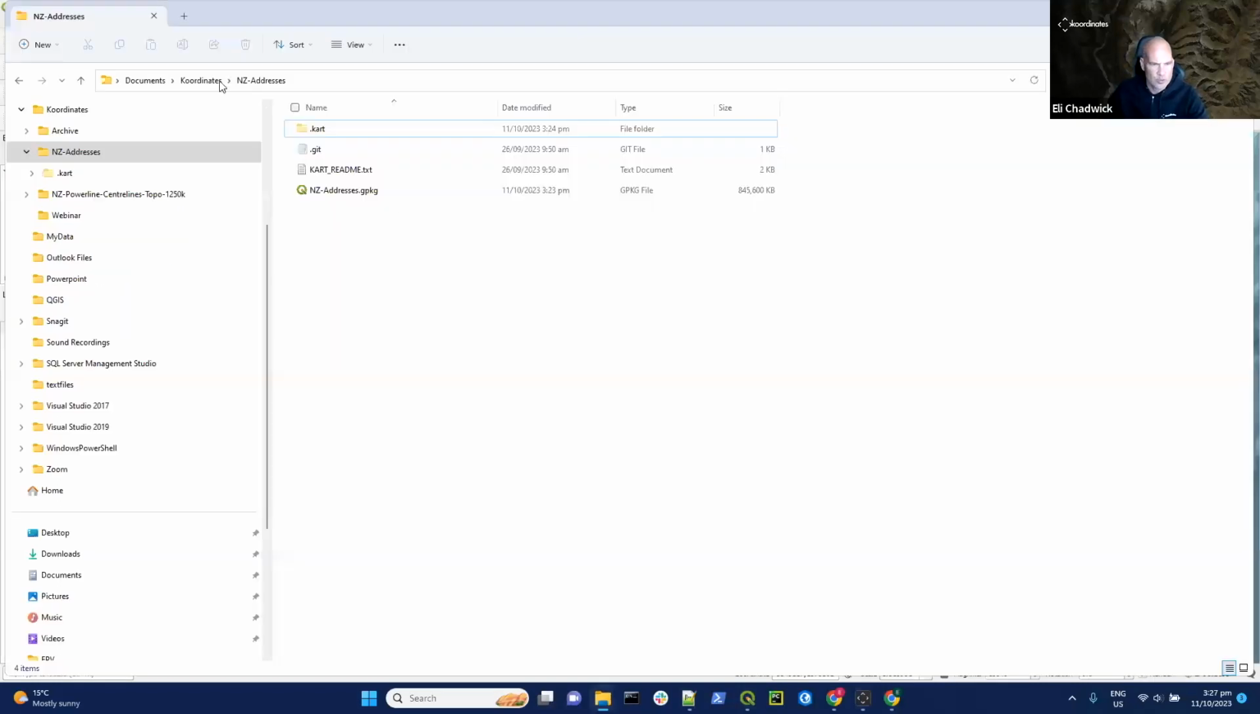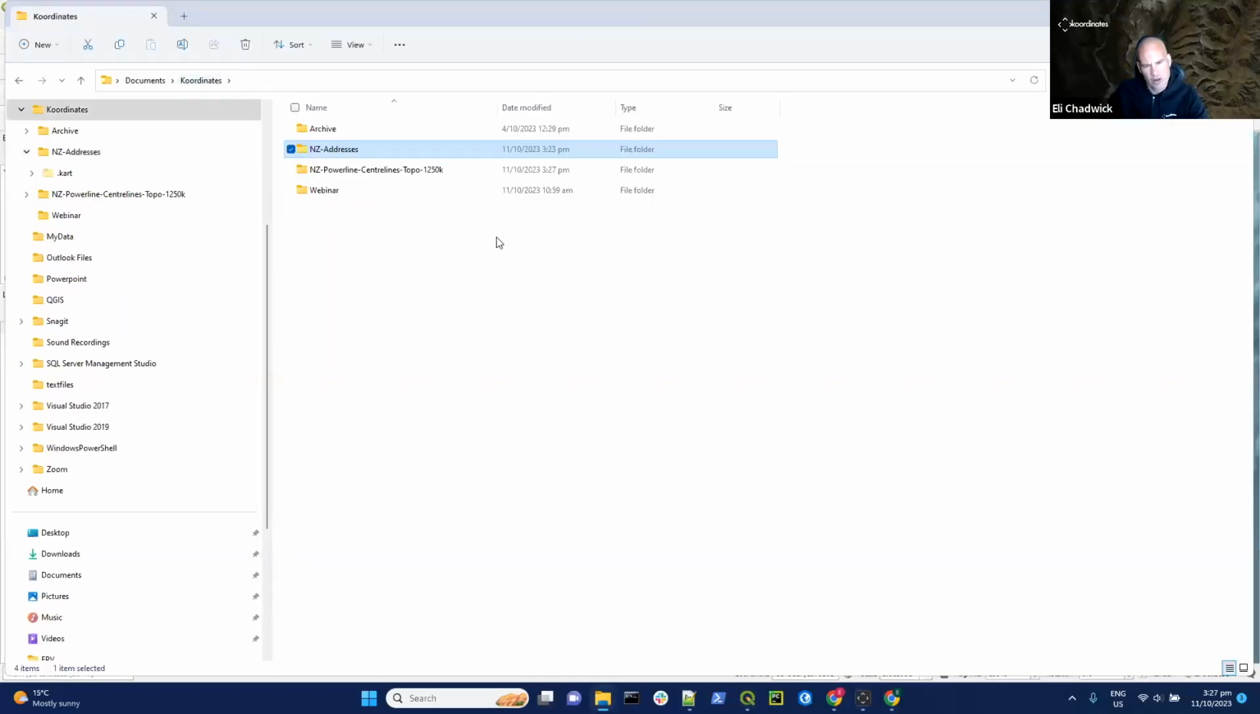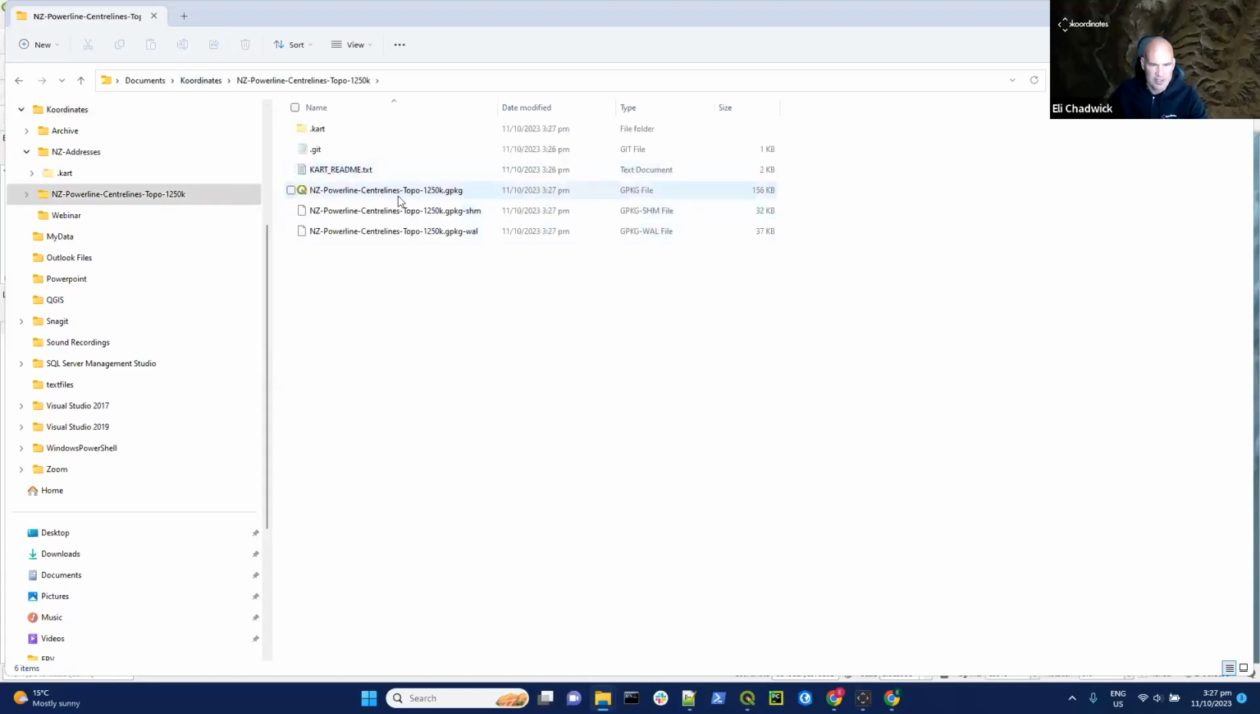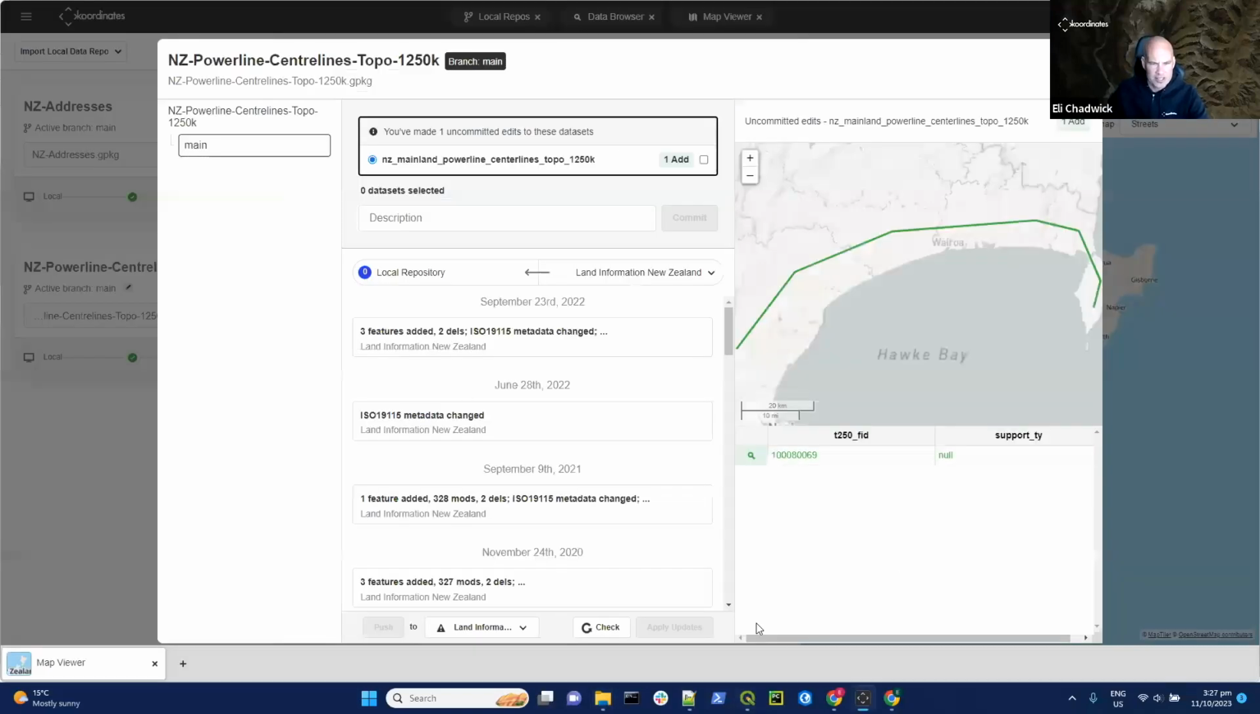Just to show you where the geo package is. Now that I've cloned that layer down, it's appeared next to the addresses. I come in here, we've got the geo package. You can see it's got the lock files there, so it's open. That's what I'm operating on in QGIS. Now, if I go back into the app,